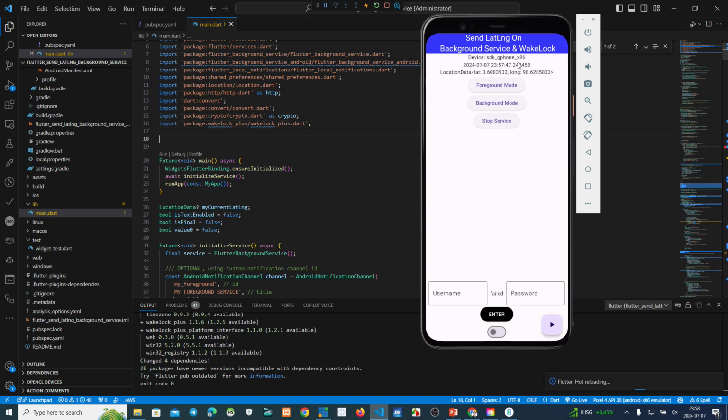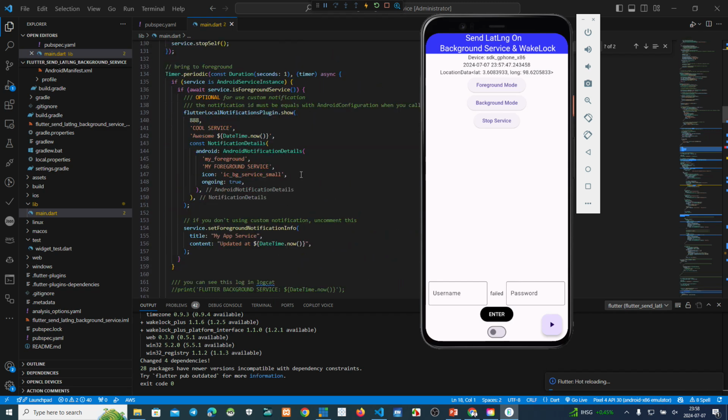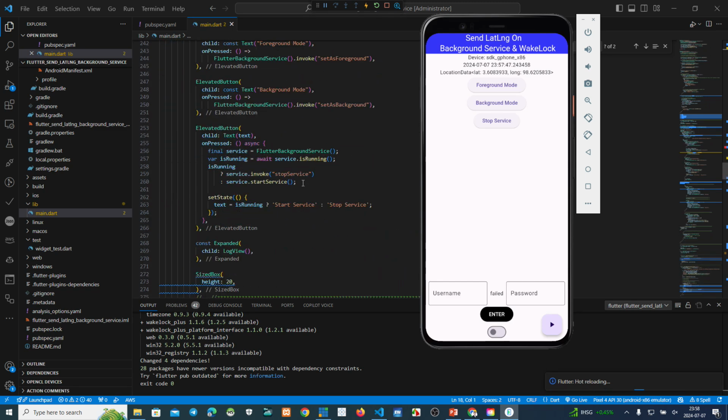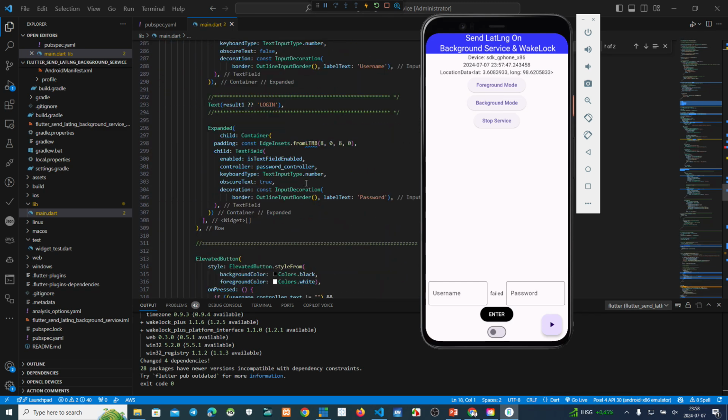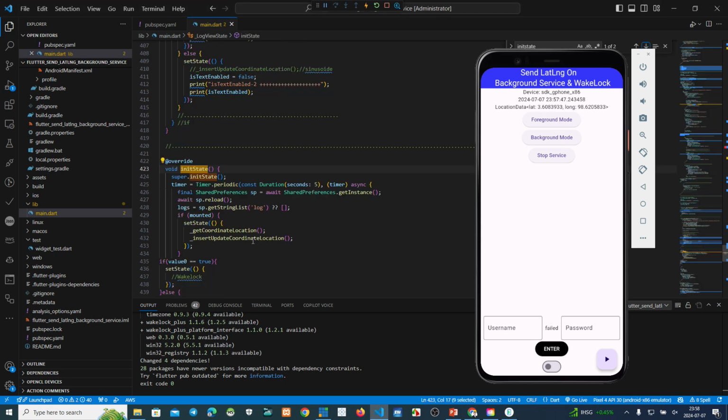Okay, now we go back to initialization. Init state. Where is it? Click here. Okay, this is init state.